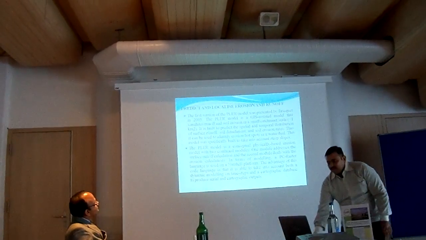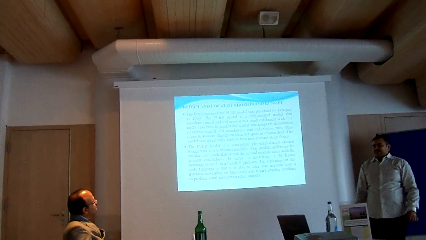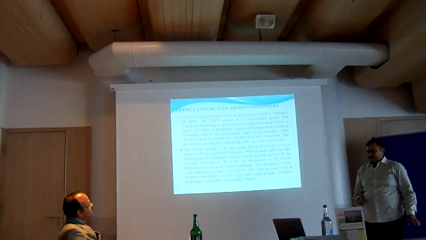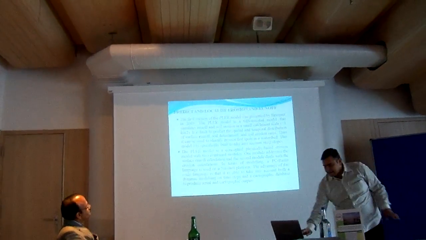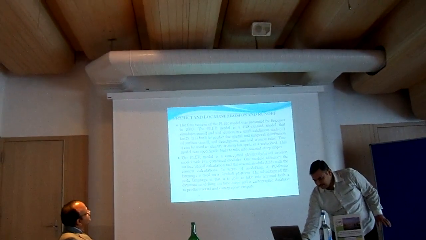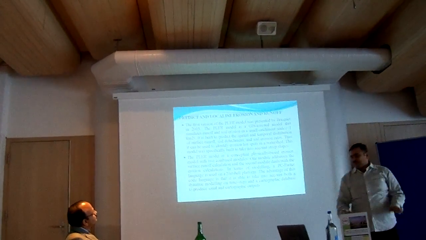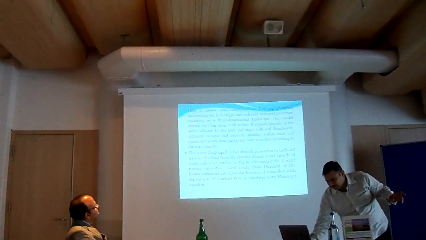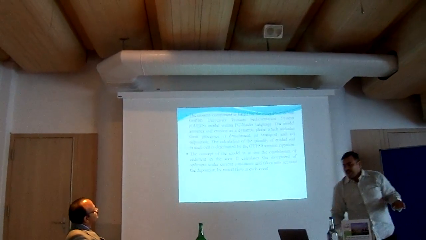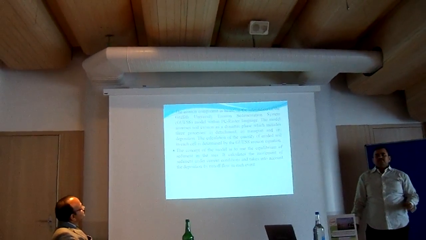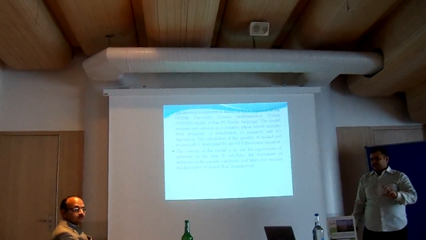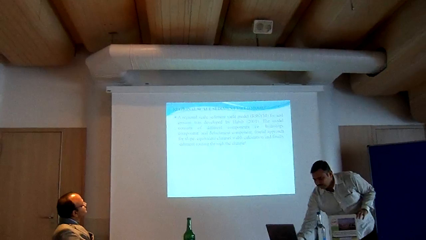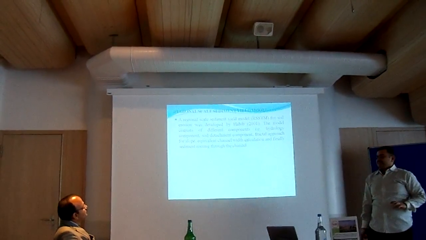This one, Predict and Localize Erosion and Runoff, is the name of the model. It was first presented by Brickworth in 2003. Basically, it is a PC raster based model, in which one model addresses the surface runoff calculation and the second model deals with the erosion calculations. Erosion calculation is dealt with by the GUESS method, the Griffith University Erosion Sedimentation System.